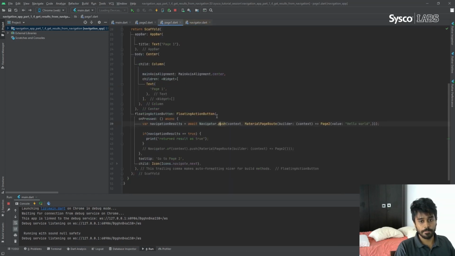Because of that, you can use await to wait until the second page returns some data, and you can capture that data in a variable. And since this is boolean data, you can basically check whether it's true. If it's true, then I'm printing a value in the console.